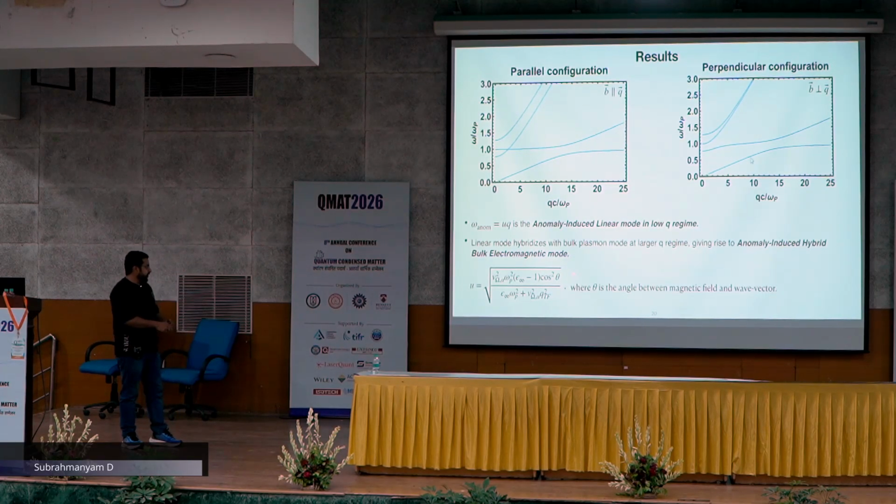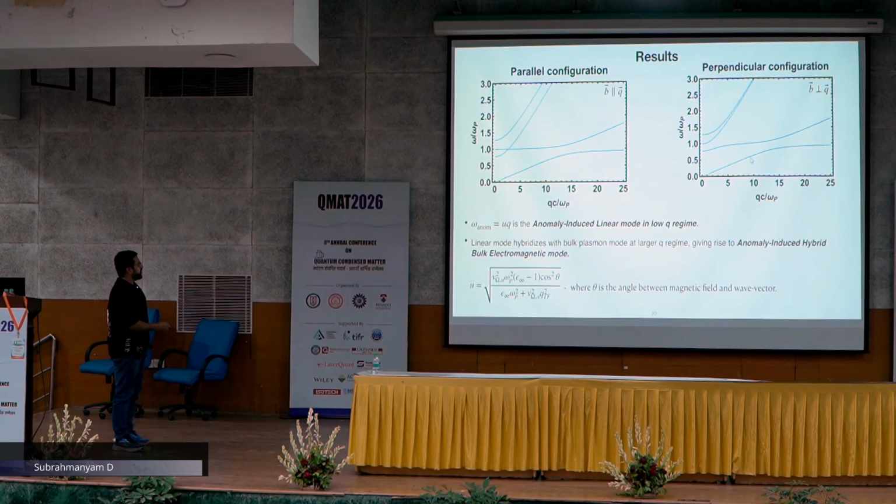So when theta is pi by 2, that is when the applied magnetic field does not have a component along the wave vector, the anomaly induced hybrid electromagnetic mode vanishes, and hence the hybridization. But when we have a component of magnetic field along the wave vector, we observe this anomaly induced linear mode, which can be detected easily experimentally